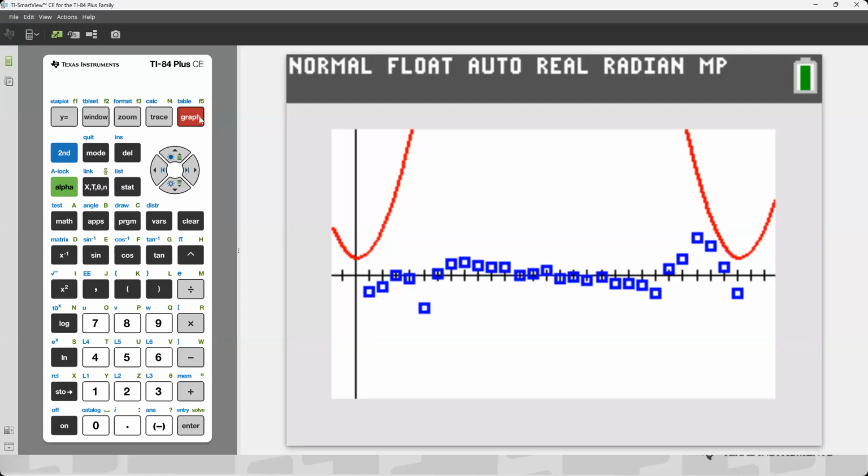So right now we are looking at this, and I'm wondering if you think that this residual is indicating a good model, or that maybe it's not the best model. As we look at this residual, what do you think it is telling you? If you could put that in the chat, I would love to see your responses.